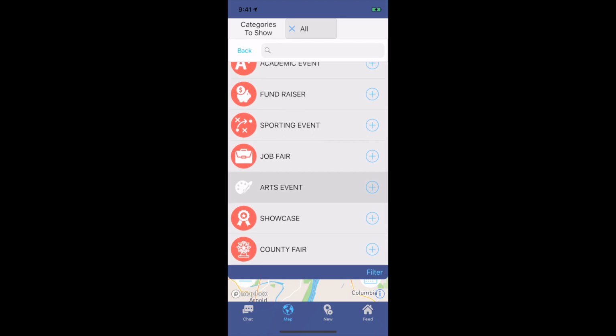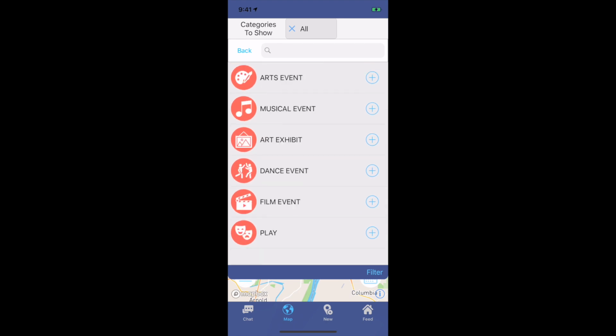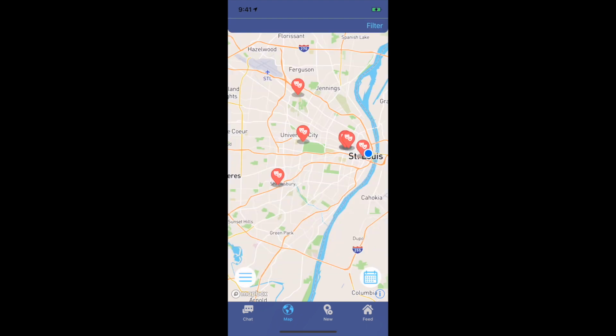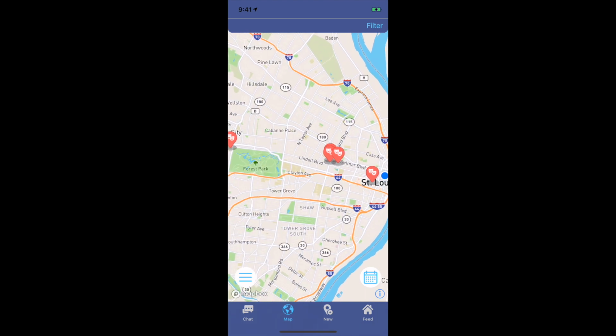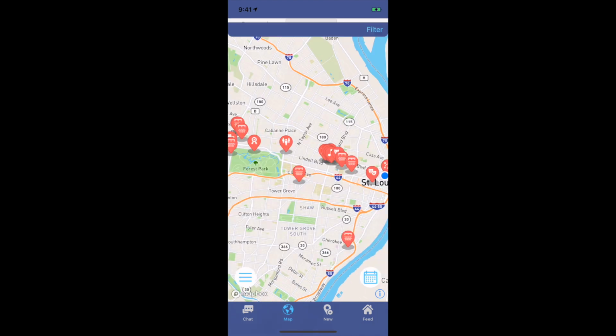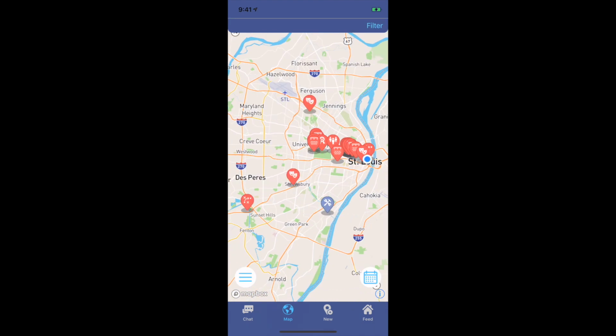So if we go ahead and navigate to plays, you'll see that at the bottom there. If I go ahead and add that to my filter, you'll see that only plays are being displayed to me now. So if I wanted to, on Friday night, only see what plays are going on in the area, I can filter by plays and I instantly have a snapshot of all the plays that are going to be going on at that time. And if I remove that filter, it just shows me all of the events again.